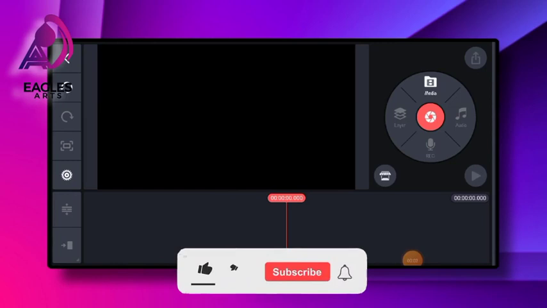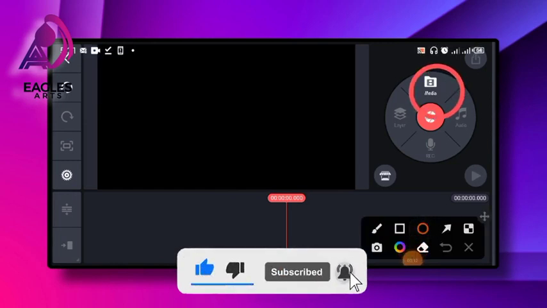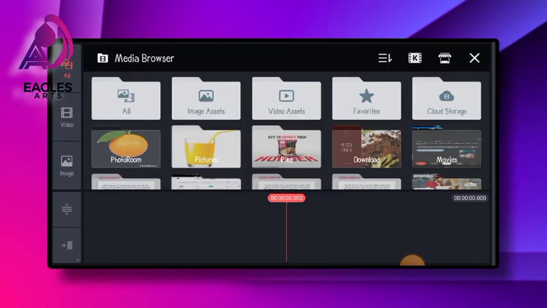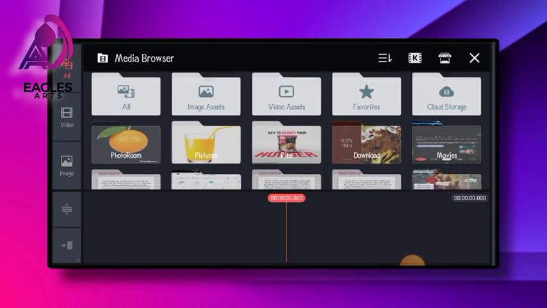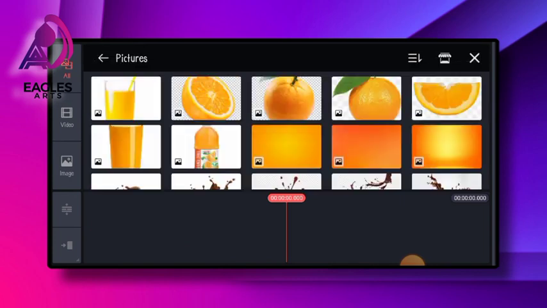So when you open Kinemaster, you go to media. So this is media. When you click on media, you go to the file you downloaded, a background. Make sure you already have a background you downloaded. So I'm going to go to where I already downloaded my background, and I'm going to add the background to